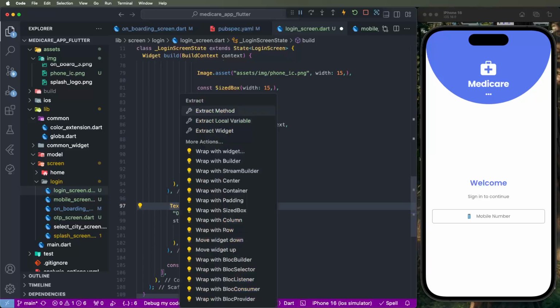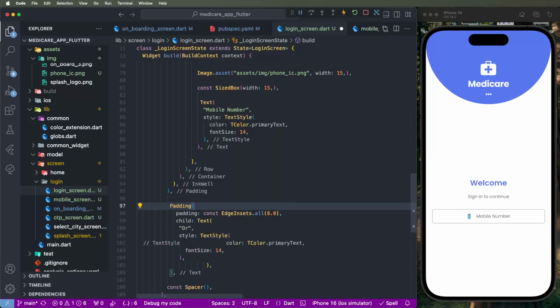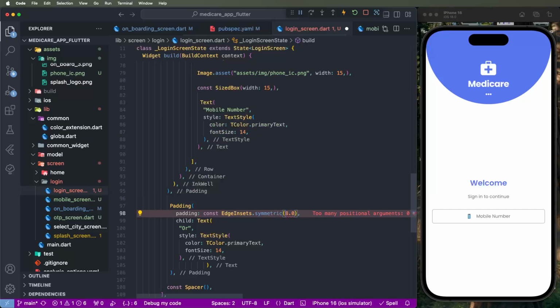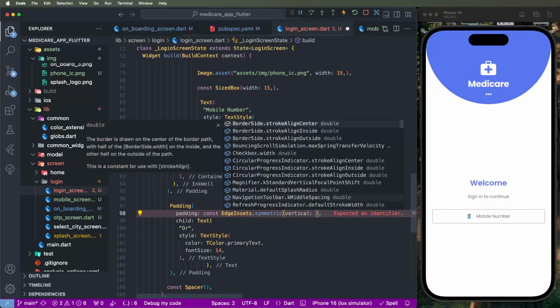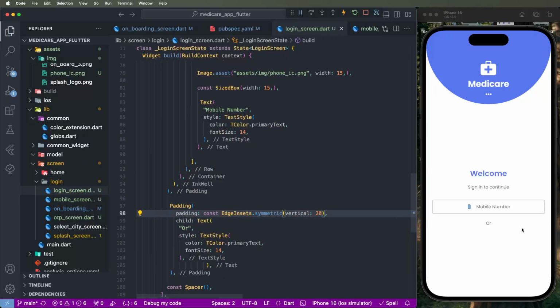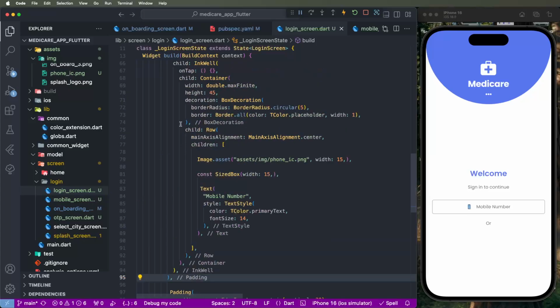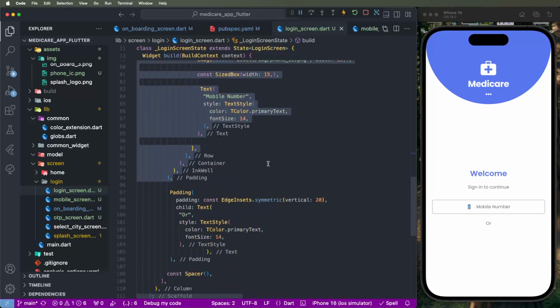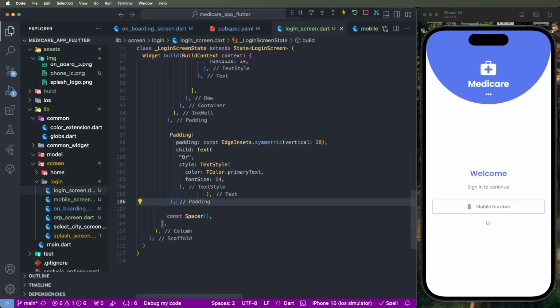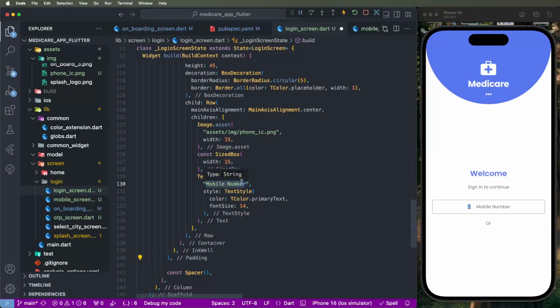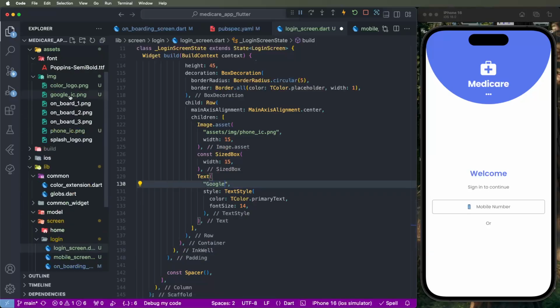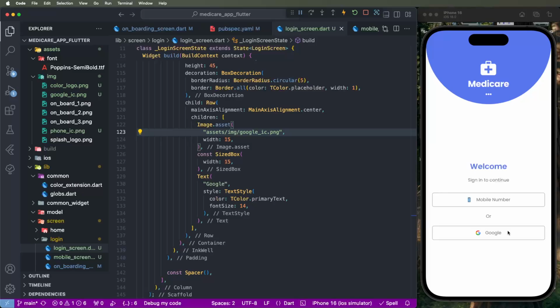and we need to set the padding as vertical, symmetric, vertical 20, like this, and put this here. Now again, we need to copy these buttons and replace them with the Google button. Now we need to write down the title as Google, and put the Google icon here. Now we need to copy the relative path and put it here,